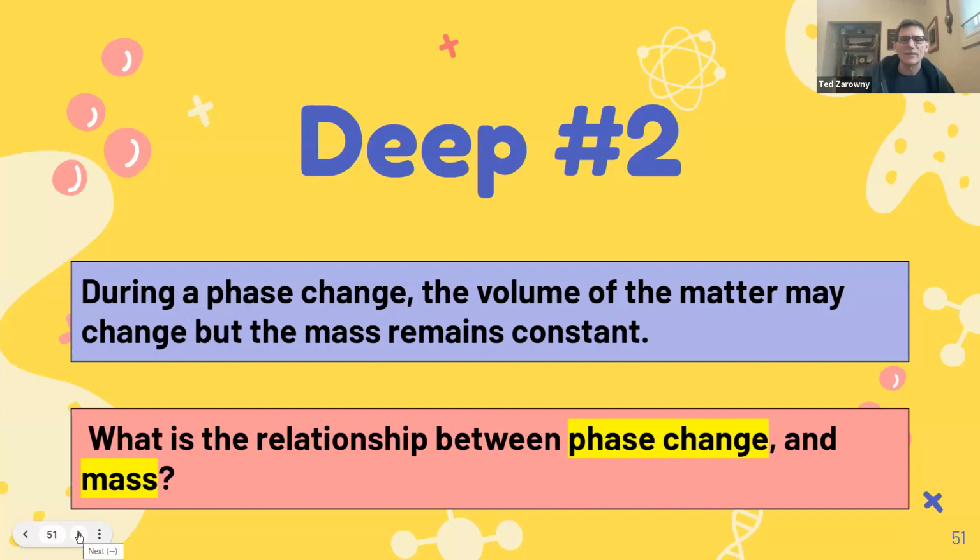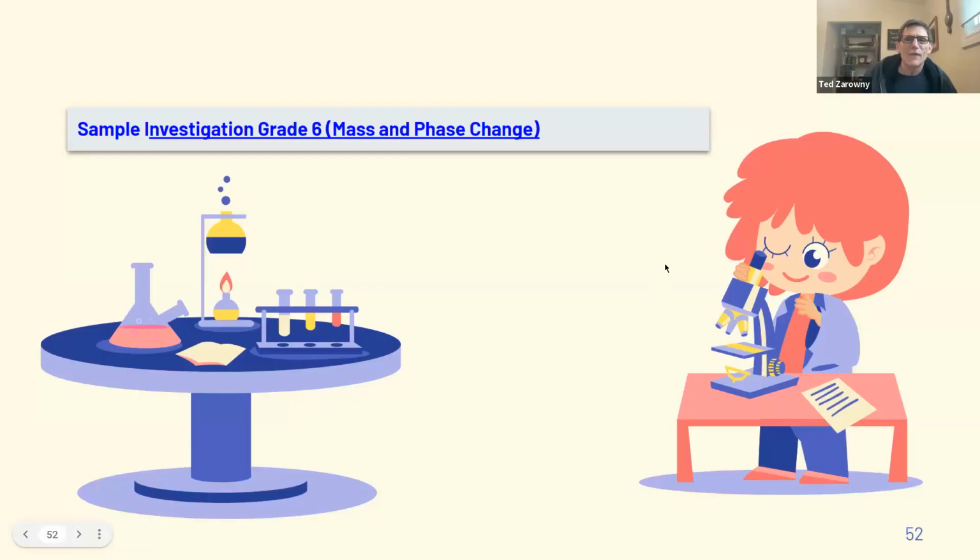And again, we can investigate that by doing a little example or a little class investigation. There's one that you can take a look at that may work. I believe it works with wax, melting wax, and then measuring it when it's solid, measuring when it's melted, and then measuring the mass again when it's back to solid, and then coming to the conclusion. It takes you through that investigation process. There's a sheet there that'll help the students work through that experiment or investigation.